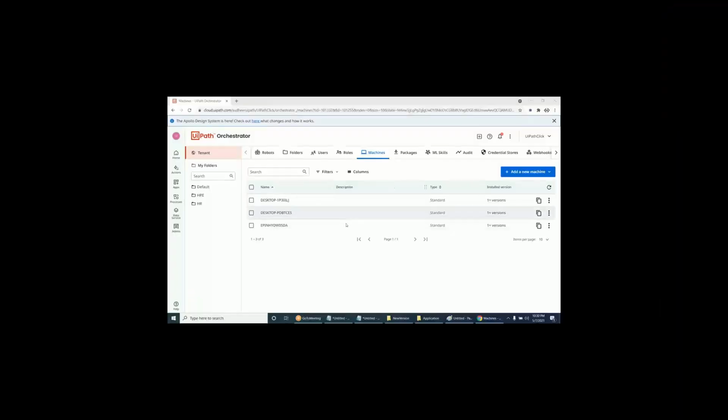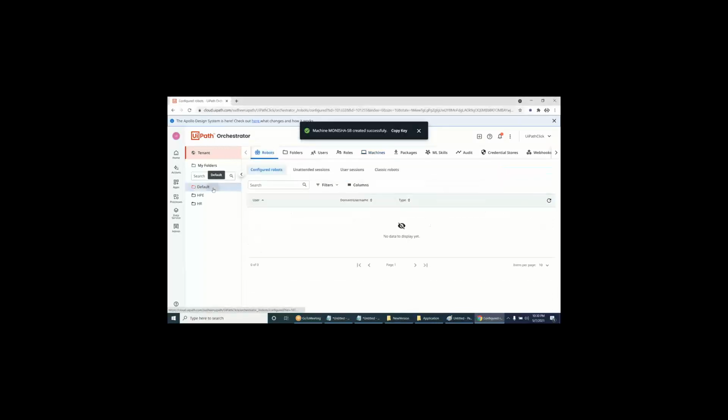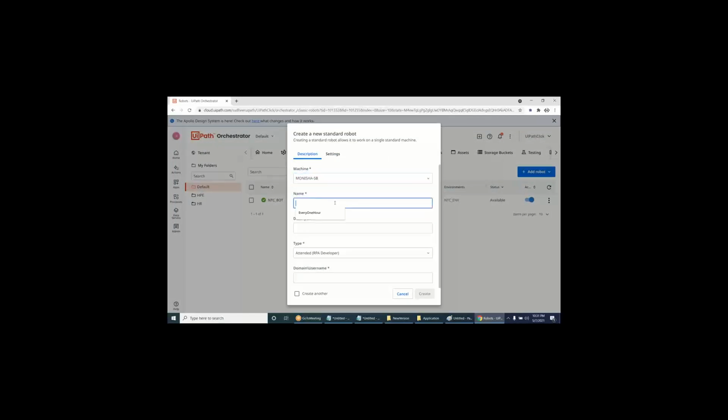Okay. Let's go to this orchestrator and create a mission. Just type that one, paste in the chat window. Monisha, paste that one in the chat window. Your mission name. Okay, here I gave the mission name, give one license and privilege provision, and go to the robots. So here go to the robots and click on the new robot, standard robot, and mission is like the Monisha as me, and